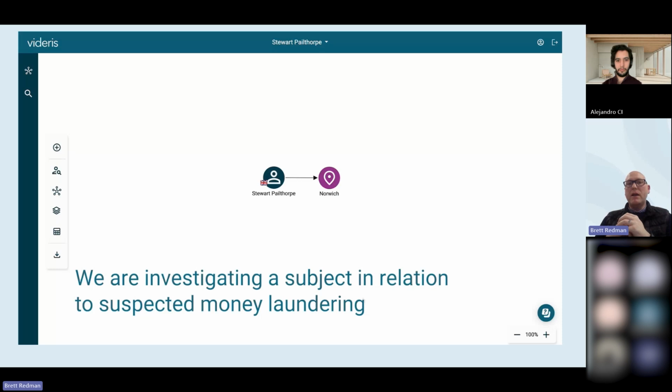As you can see with Stuart Pallethorpe, in particular the second entity that was linked to the chart had Norwich, and also the one previously above that with a LinkedIn profile had Sentinel Properties. We can pull this information back, again, at the speed of need, but it's going to connect that in one place in an easily visualized way to be able to look at that.